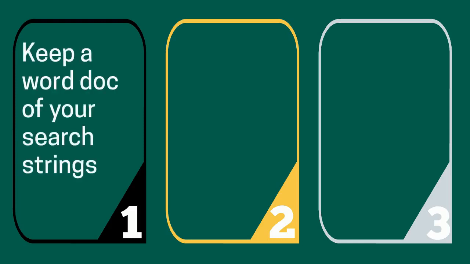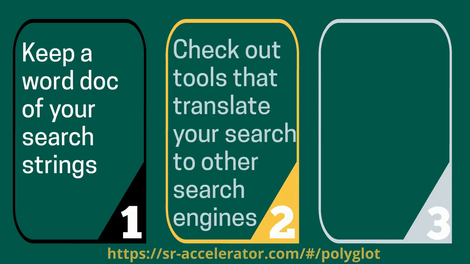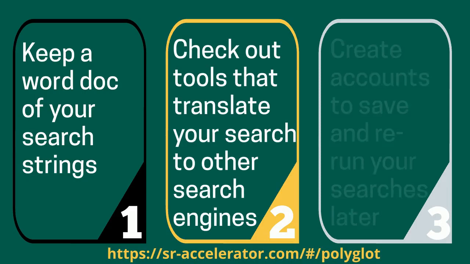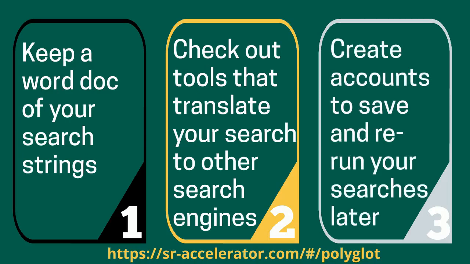As you build your search strings, especially for a larger project, it's helpful to keep the following tips in mind. Create and maintain a Word document that has the various iterations of your search strings. This is helpful if you realize a previous search worked better than your current iteration and you're trying to retrace your steps, or if you have to do a write-up of your search strategy. Additionally, check out resources like Systematic Review Accelerator Polyglot for search translations into other databases. You may still need to make adjustments, but this will likely save you time long-term. And finally, create an account in the databases you're using to save your searches there so you can more quickly update your searches and rerun them as necessary.